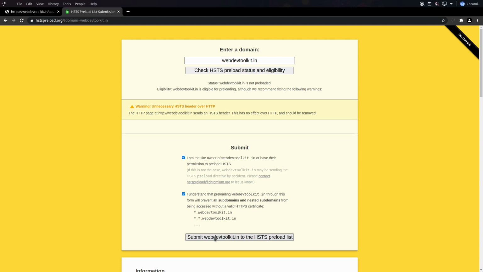Once you submit this request, as we highlighted earlier, all major browsers like Chrome, Firefox, Internet Explorer, Edge, Safari or Opera will start using HTTPS for your web application even if the client is accessing it for the very first time. So you are securing your users even in a minor window where a hacker can potentially exploit your application. That's how easy it is to start using HTTPS for your web application. The concept we learned in this session secures not only the backend component but the front-end component as well.